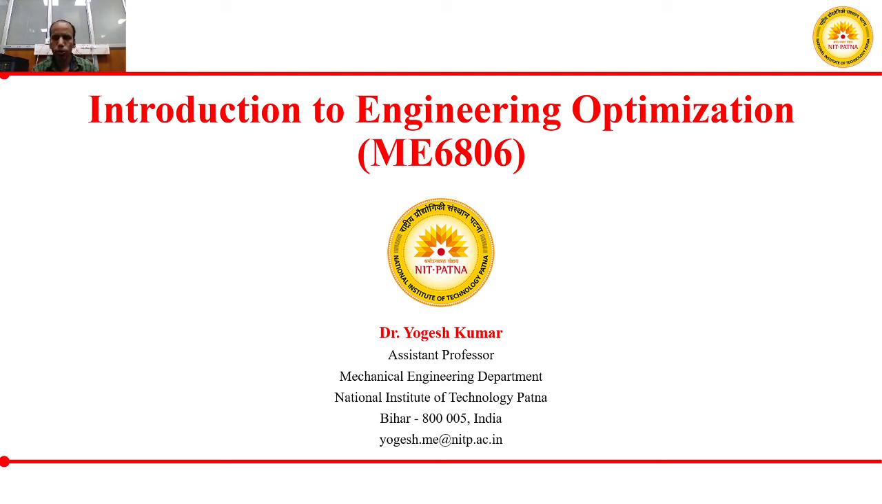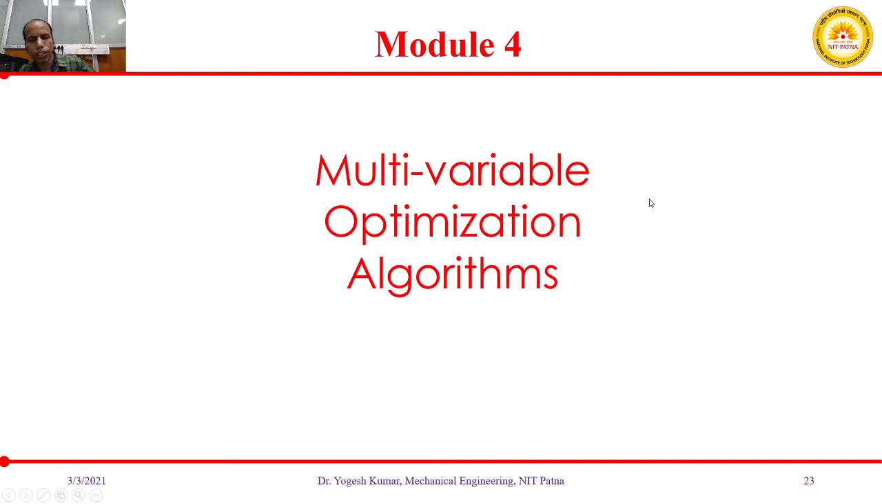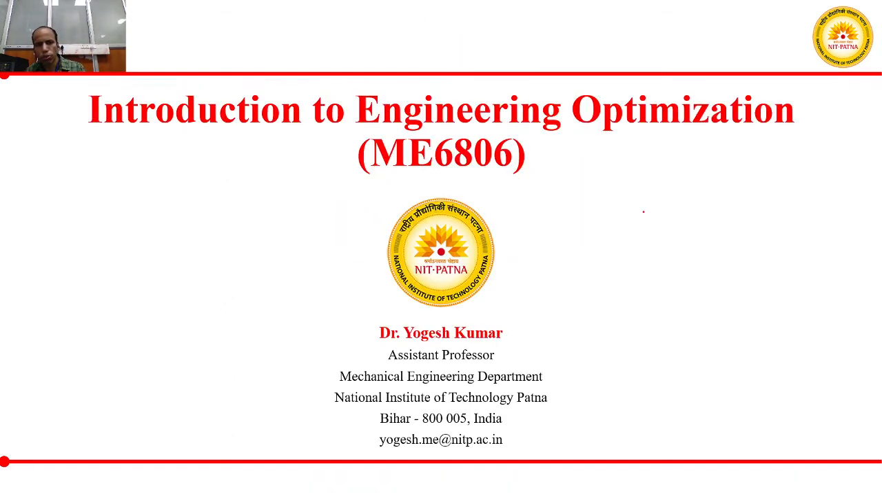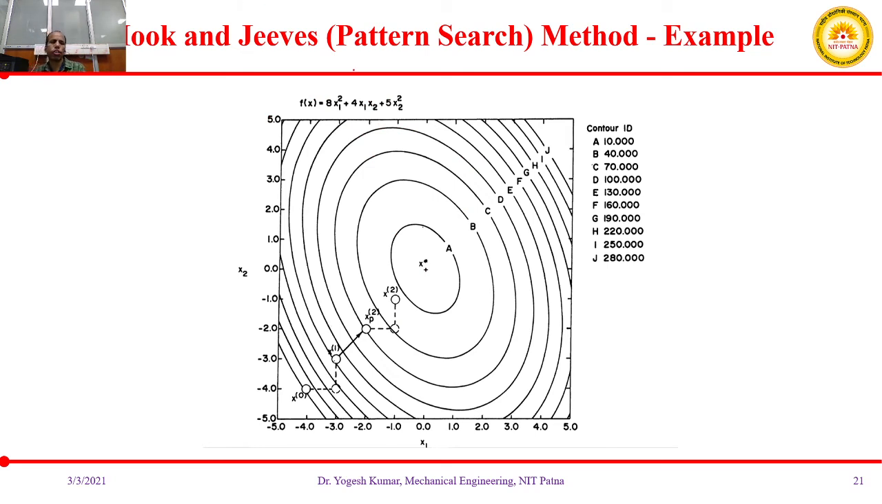So we are in module 4 and we are continuing our discussion on multivariable optimization algorithms. And today we are going to discuss Powell's method, which is also known as conjugate direction search. Okay, so I hope you have understood the previous method, which was Hooke and Jeeves method, in which